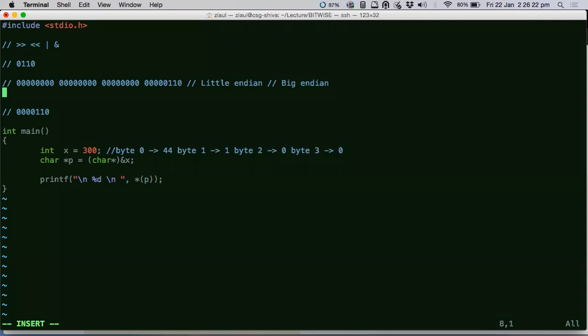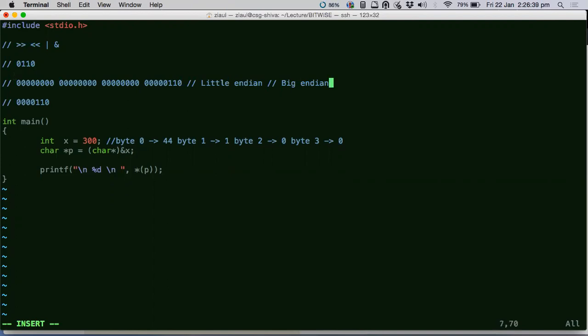Just remember this. As of now, you don't need these two things. Just remember that the lowest byte is stored at the first address, after that the next, and then finally the highest order. So these are just conventions. It's a machine convention. It's not in the language. It's your CPU.